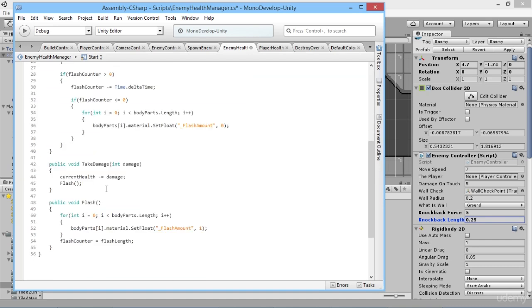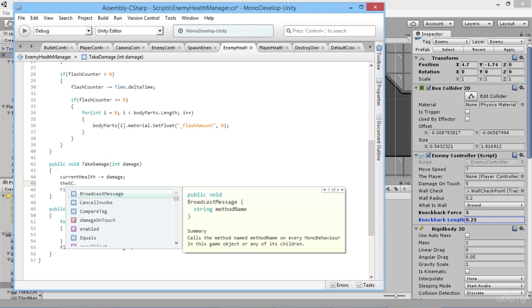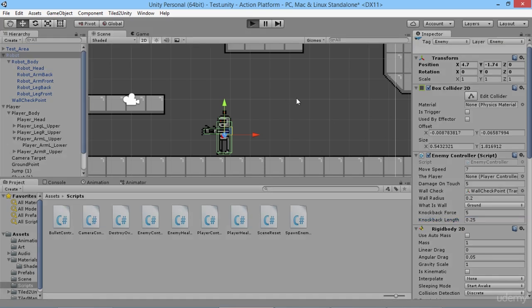So then down here, when we take our damage, we can say, okay, on the enemy controller, run the knockback function. So we'll say the EC.knockback, and we have our little brackets and our semicolon, and I will save this, and we'll go back in and let that compile again. We'll make sure we apply these changes that we just made to our robot down here. We'll apply them to all the prefabs like that, and now we'll hit play,